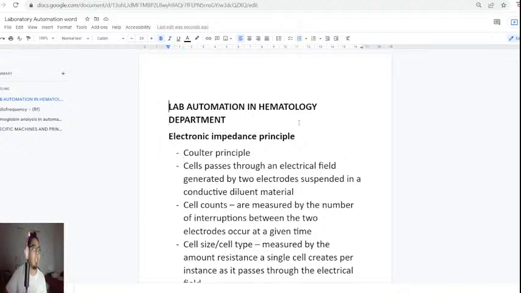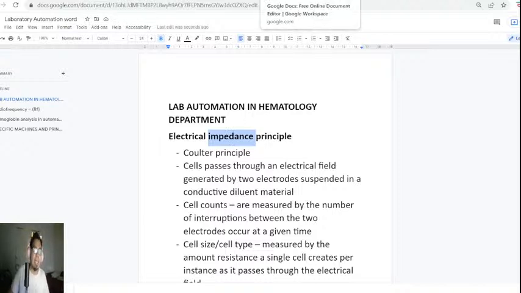All right, so in the hematology department, we use several principles when we do automated analysis. One of those is what you call the electrical impedance. It's not electronic, it's electrical, sorry. Electrical impedance principle. From the name itself, you are trying to impede the electrical signals between one probe and between two probes. So it's like two